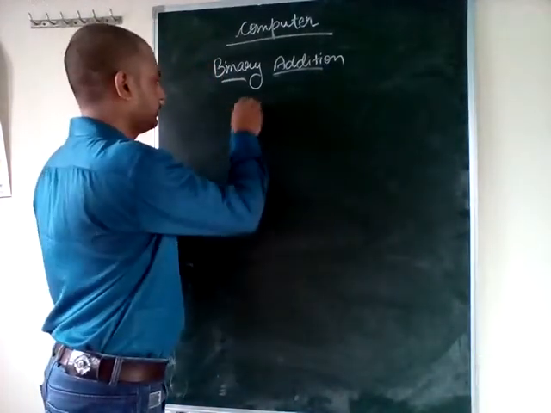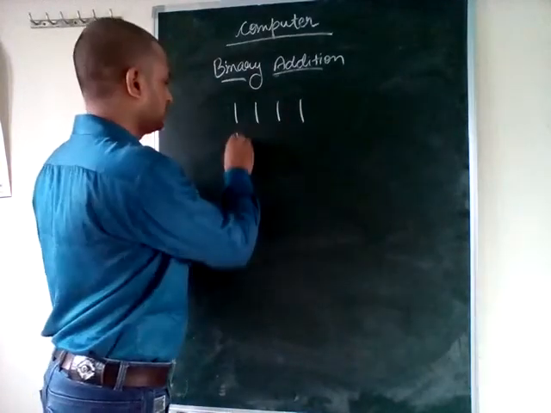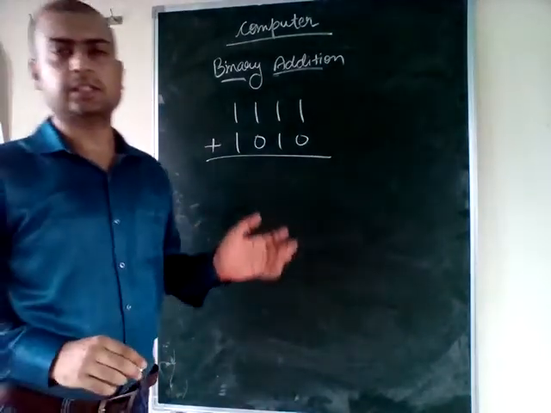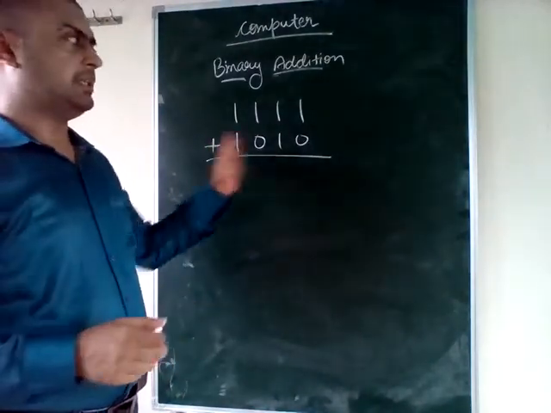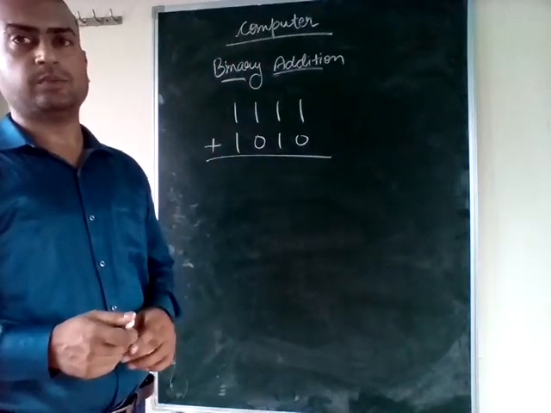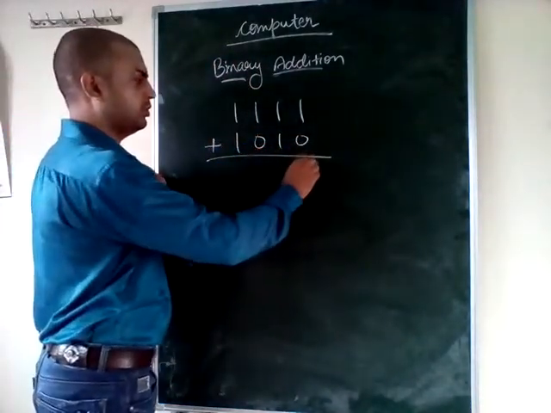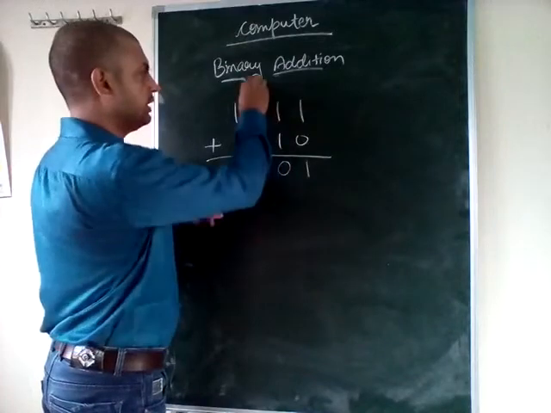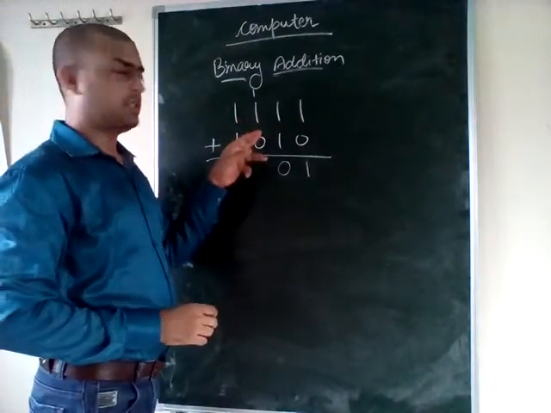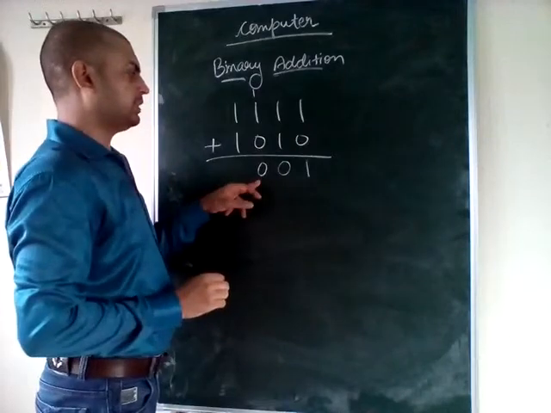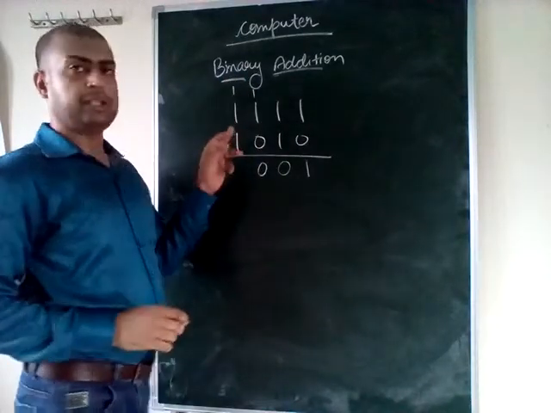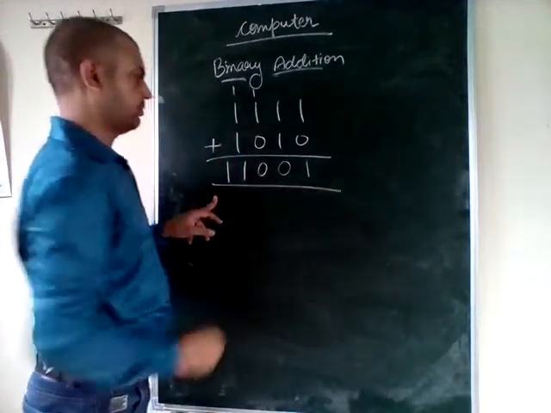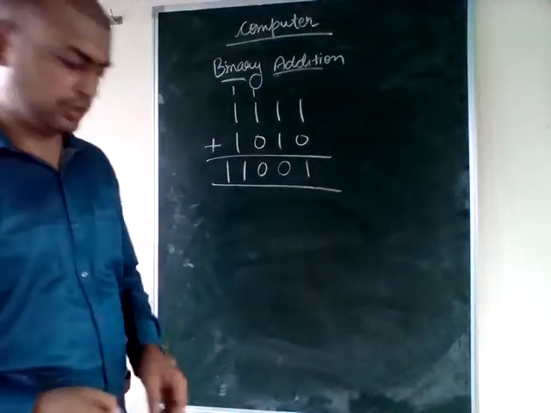1 1. Any number like this we can add. The number may be of any length. This doesn't affect the addition rule. 1 0 1 1 and 1 1 0. 10 means 0 and 1 we will write here. 1 and 1 is 10. We will write 0 here and 1 here. 1 and 1 is 10, 10 and 1 is 11. This is the answer of this question. Please note it down.